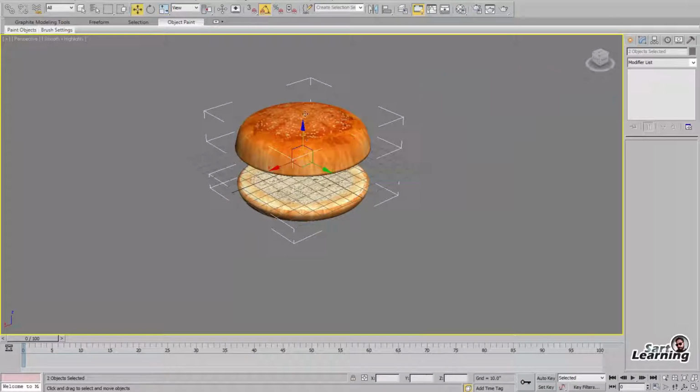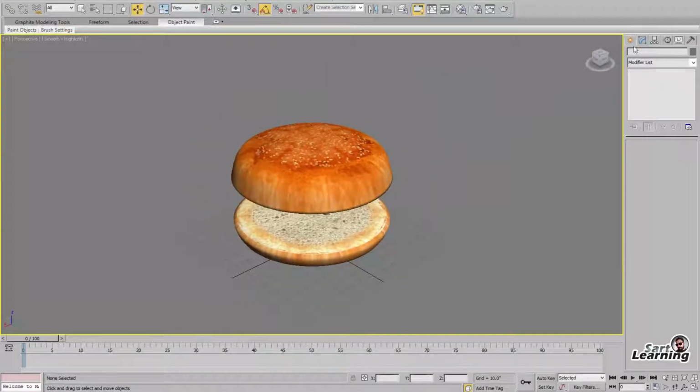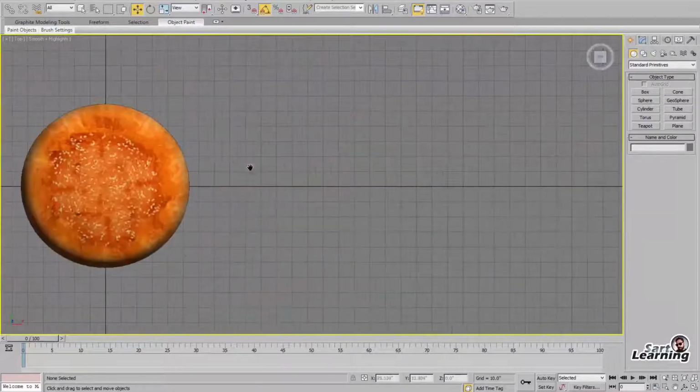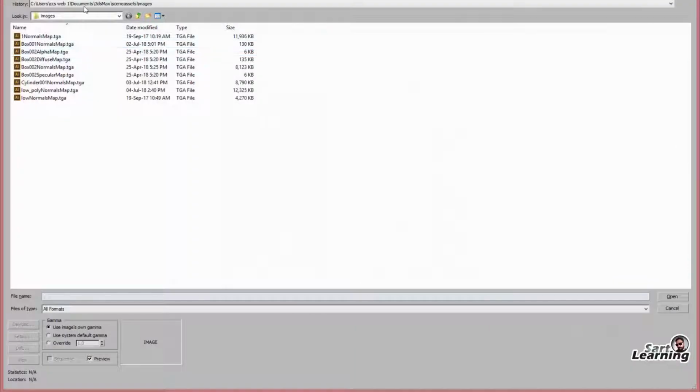Now time to create the tomato slices. For this I'm going to place a texture on a top view.